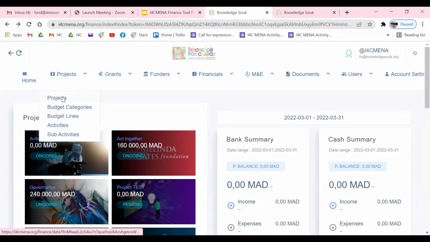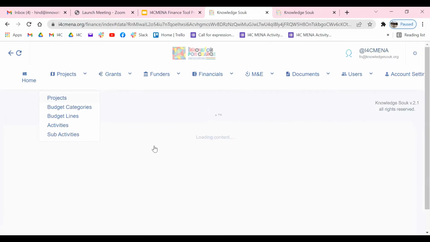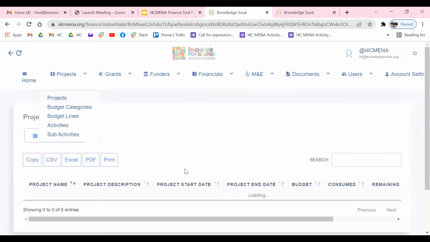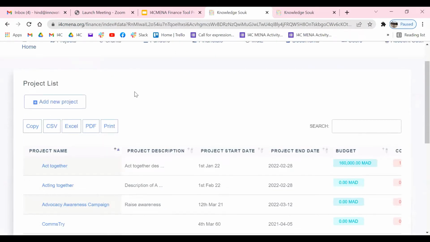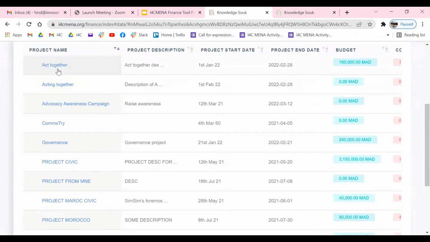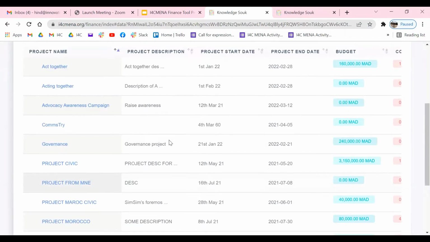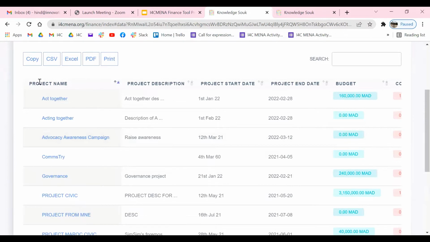To do so, we have to access it from this main menu because it's the first time, so it will not appear or display in the shortcuts. As you can see here, we have a button to create a new project, and right below we have a summary table of all existing projects under this tool with corresponding information: the project name, the project description, start date, end date.